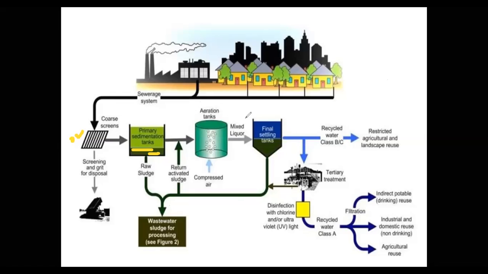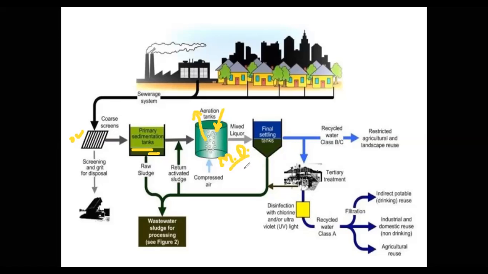Then after the primary sedimentation tank, the sewage will go in the forward direction to the aeration tank. In the aeration tank we are applying air, atmospheric air, and while adding air, it will remove the odorous gases present in the sewage. At the same time, that air will be consumed by the microorganisms present in the sewage. These microorganisms will take the fresh air, the oxygen, and will grow themselves in the sewage.